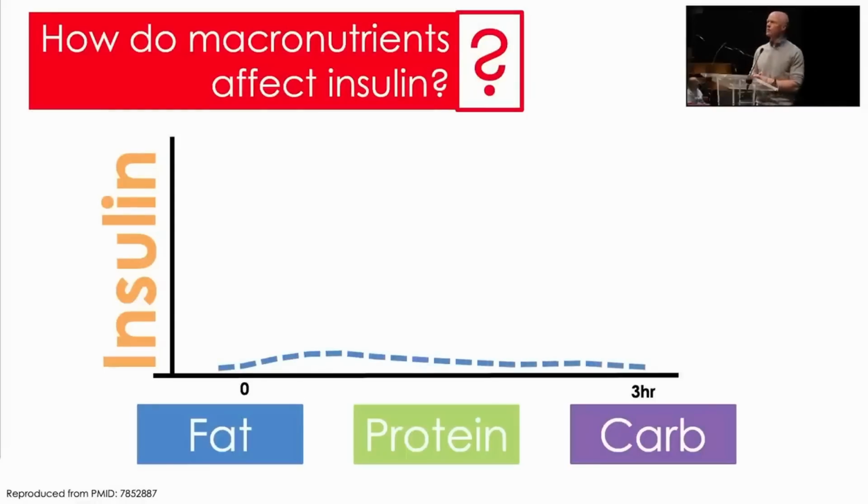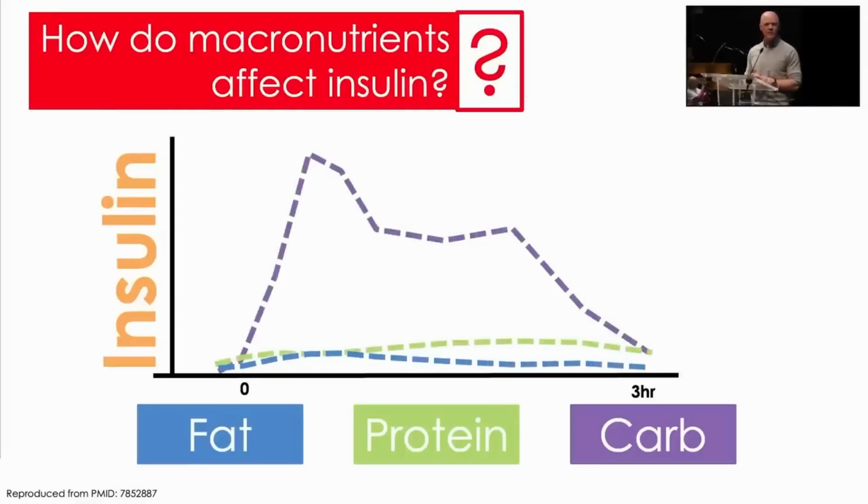This is what happens when a person eats pure fat. This is what happens when they eat pure protein. And this is what happens when they eat pure carbohydrate, or in the form of glucose. This is a direct reproduction of data, mind you. I just literally made this by superimposing it on the figure. You can't quite see the, oh, you can see it. I can't in my view. Yes, you see the PubMed ID number.